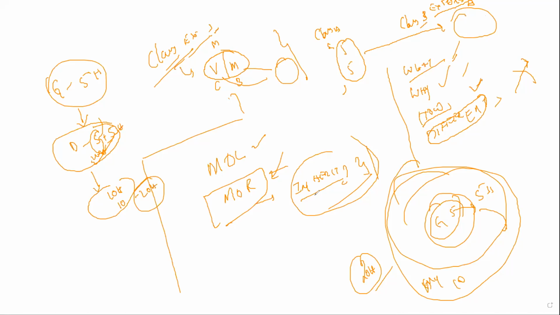Excellent answer, code reusability. And extending the features, everything is right. But the code reusability will be more. You don't need to write the same part of the code; it's not like reinventing the wheel again and again. If my grandfather has done it, it's not required for my father to do the same thing. And if my father is doing the same thing, then there is no point for me to do the same thing again. So the code reusability would be much more in terms of this inheritance.